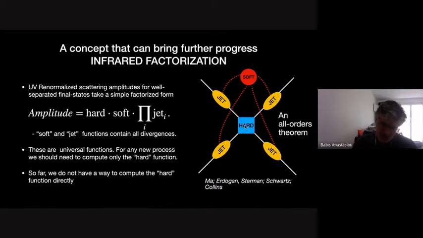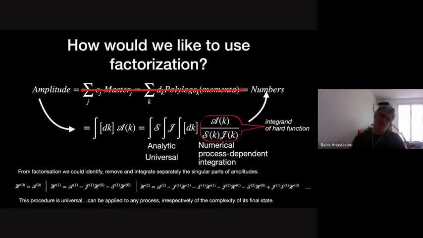And this is something that we thought, with my collaborators, that perhaps we can do better in the future, and maybe it will help us to do fewer calculations and to go faster, to get the computer to do the work for us rather than us calculating many functions, polylogarithms, expansions in dimensional regularization, and so on and so forth. So I would like to describe what we are planning to do in this direction and what we have achieved so far. So let me take again this factorization theorem and say a few words more on how we hope that it can work at the end.